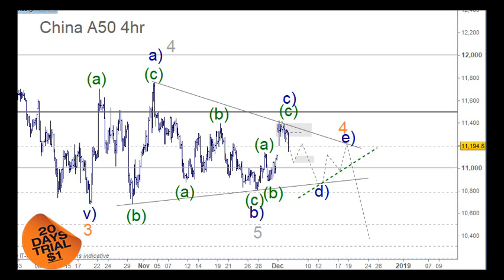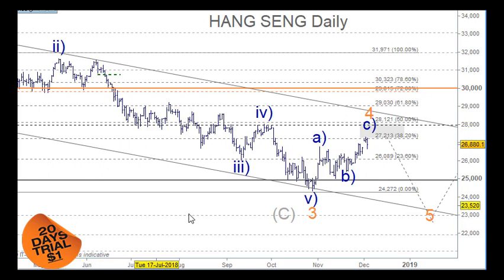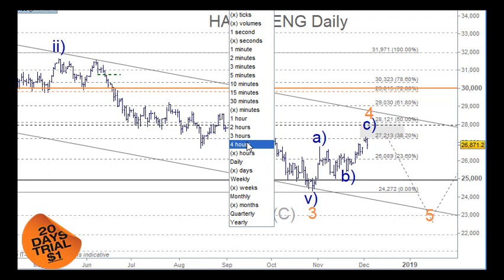And also the Hong Kong market was doing the same but different. So let's just go and have a little look at that. So we were looking at wave 3 here, and we were looking at an A wave and a B wave and a C wave here for wave 4, pulling back to the 38.2% retracement level, or the wave 4 of one lesser degree, which is a bit higher at the 28,000 here. But we have been counting 5 waves up in this little structure here. So let's just have a look at that.